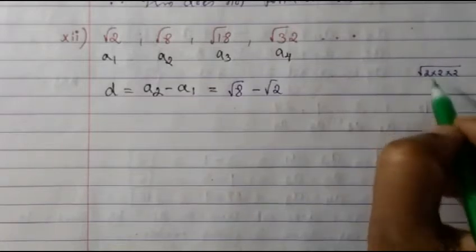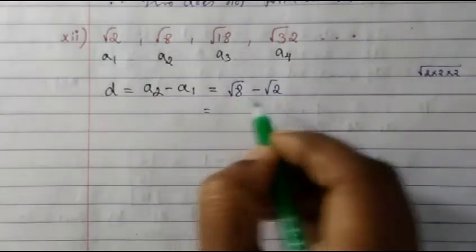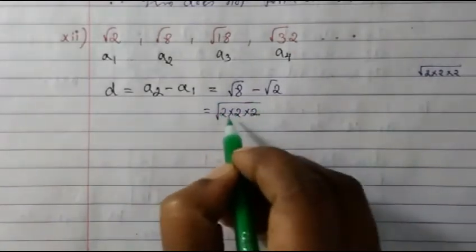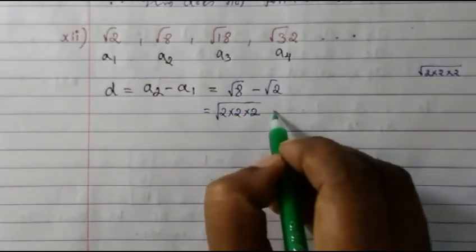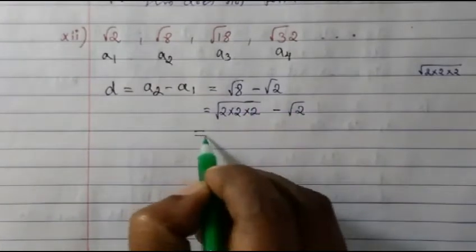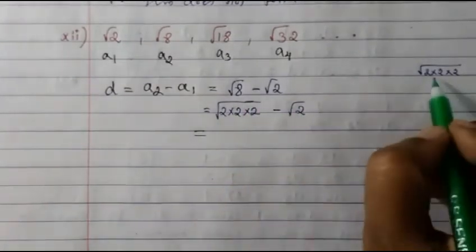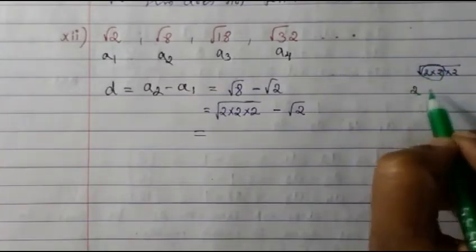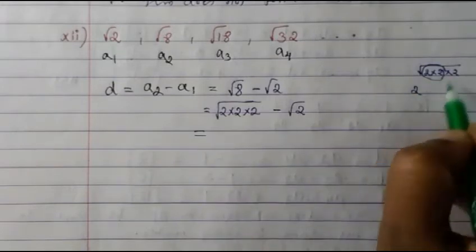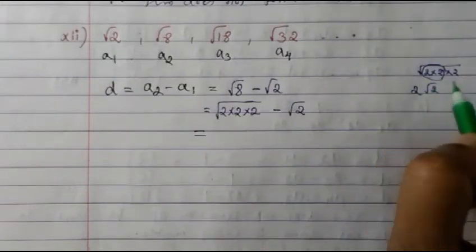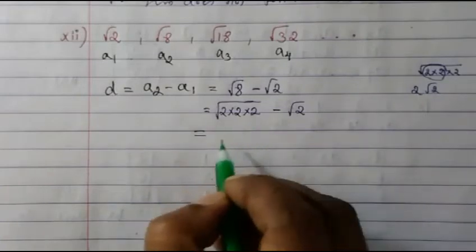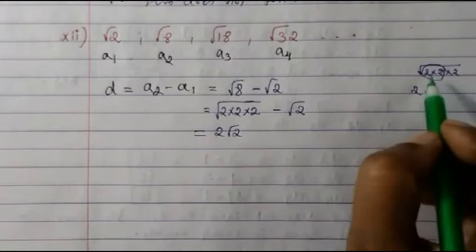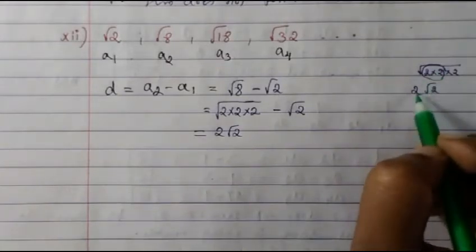So now let's write down like this. Root 8 can be written like this, 2 into 2 into 2. 2 2s are 4, 4 2s are 8, right? So minus root 2. Now this is 3 times. Whenever we have a pair like this, we can remove it out. Since one pair is there, we will remove it out and the remaining one will remain inside. So we can write this as 2, with root 2 inside, because 2 2s are 4.